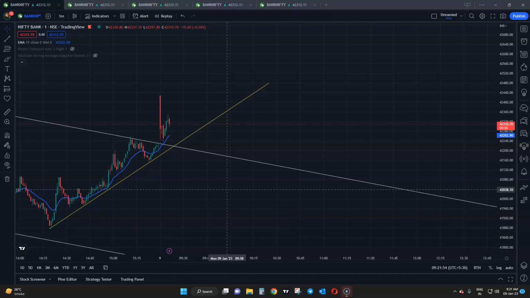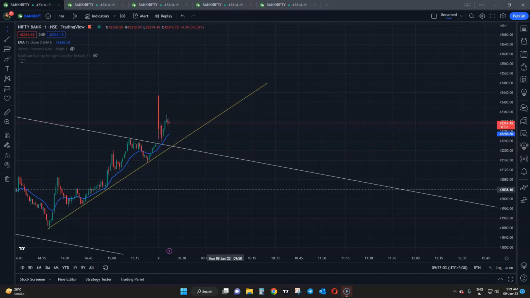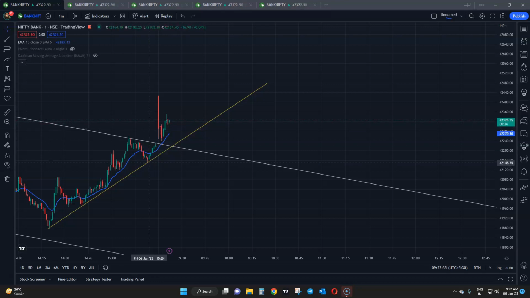So the only problem is that you can't be certain how big this leg would be, the bull leg. Wish there was a way to know. Not taking any trade till there is a confirmation